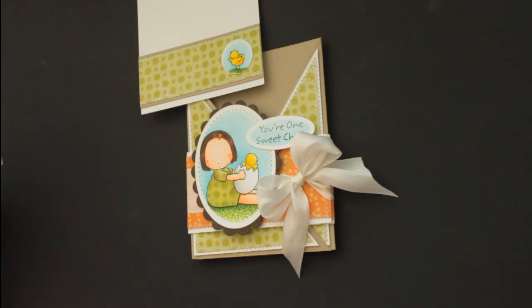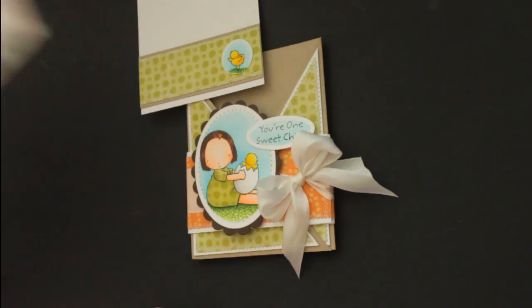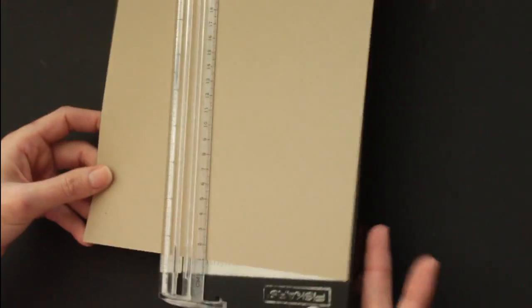For my sample, I used Echo Park papers from the Playground collection, and the stamps are from My Favorite Things, One Sweet Chick. To begin with, you will need an 8.5 by 11 piece of cardstock, and since I'm gonna